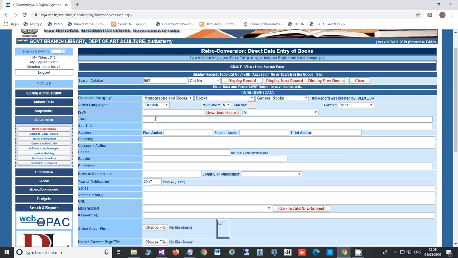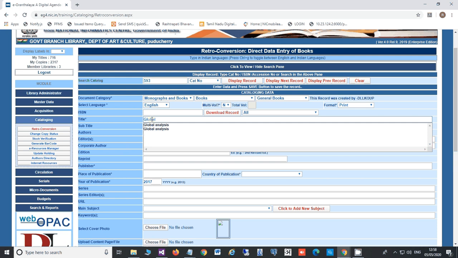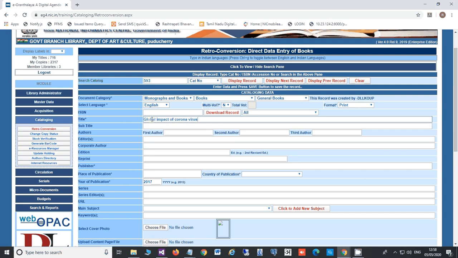For example, if the ISBN number is not there, then you start typing from the title: Global Impact of Coronavirus. This is an imaginary title I am typing. Then press the tab button to go to the next field.